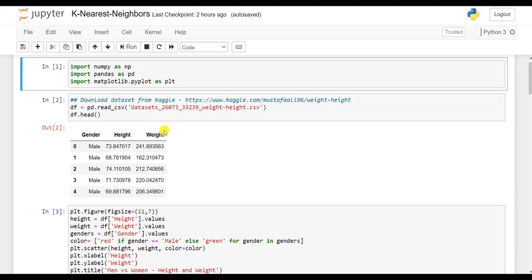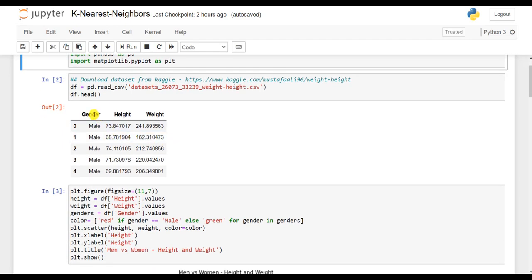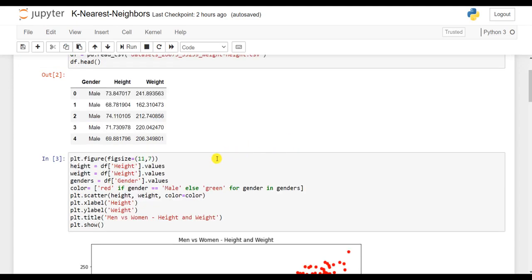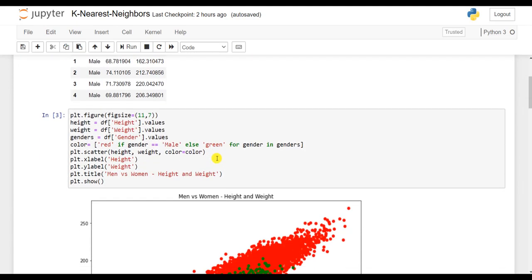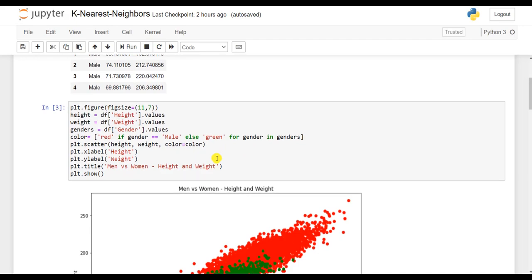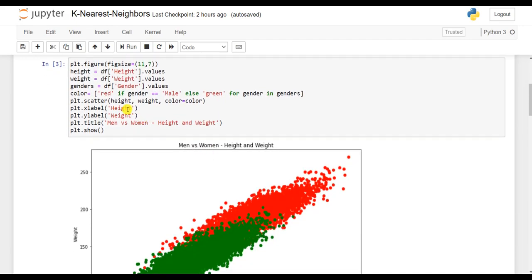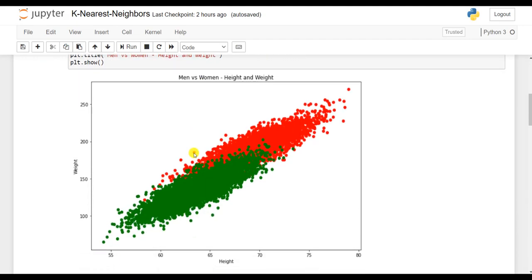And so the dataset that I have downloaded actually has these three columns. It has the gender, height, and weight. So it is exactly similar to the intuition example that we saw. And let us now do a scatter plot using matplotlib for the male and the female data points that we have. So I just did plt.scatter and gave the height and weight along the x and y axis. So you can see the plot here.